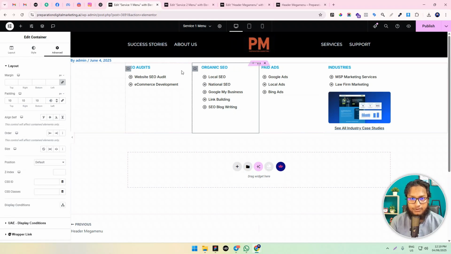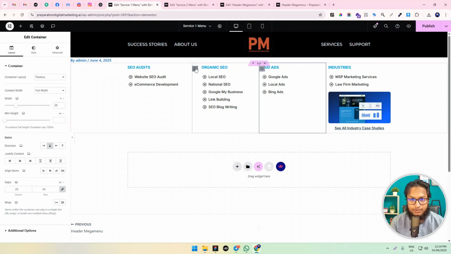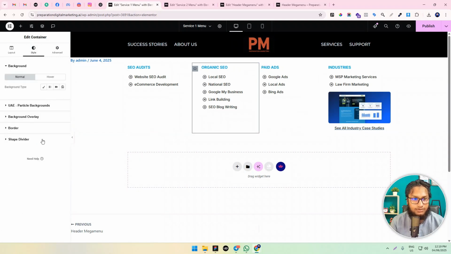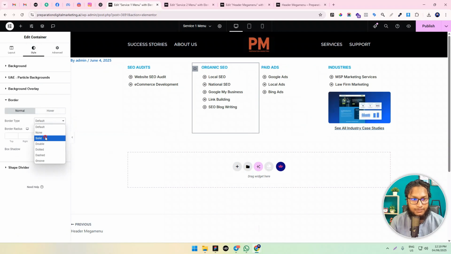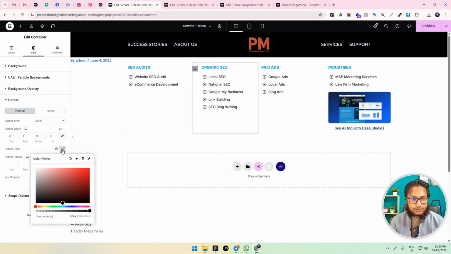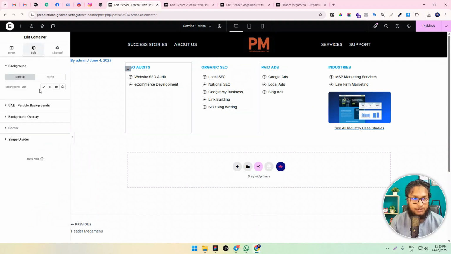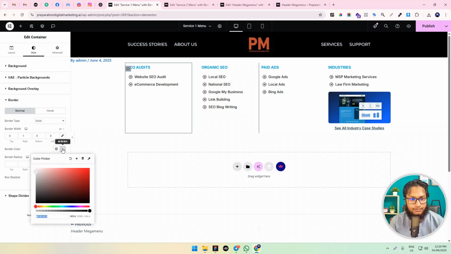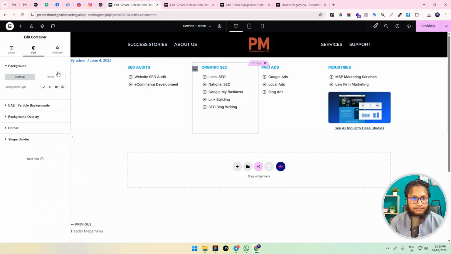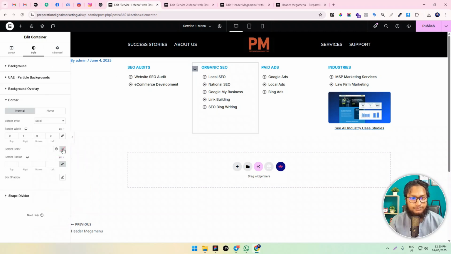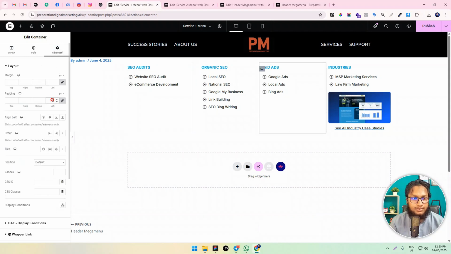Same way for this section, border, solid, right side, and let's copy the color. Copy, paste. Again, select this one, 10, left side 40 pixels,